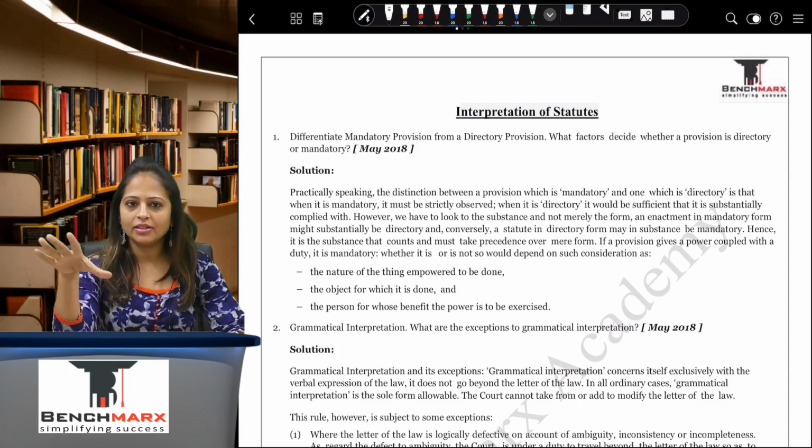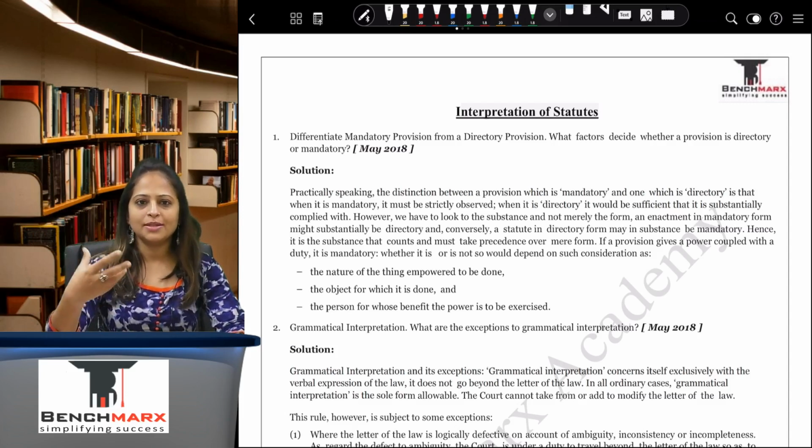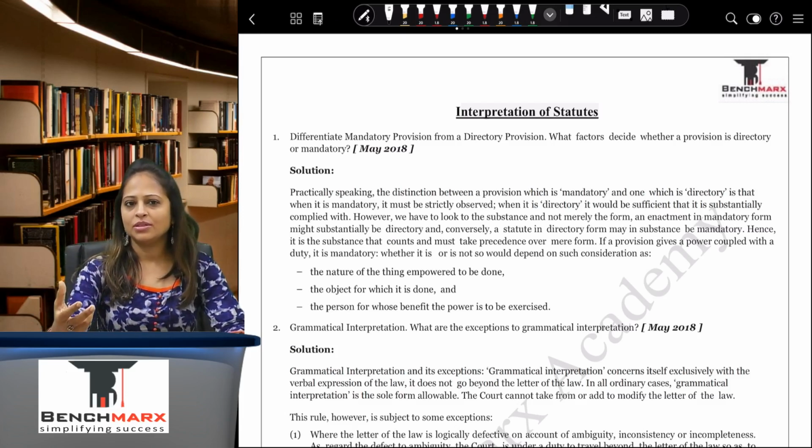There are no practical questions as such that are being asked. So only theory questions are being asked. The concepts are there, the primary rules, secondary rules, those are the things that you have to remember, but otherwise also the chapter is quite generic and it's easier for you to answer the theory type of questions